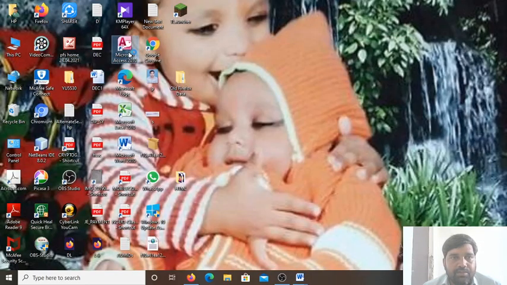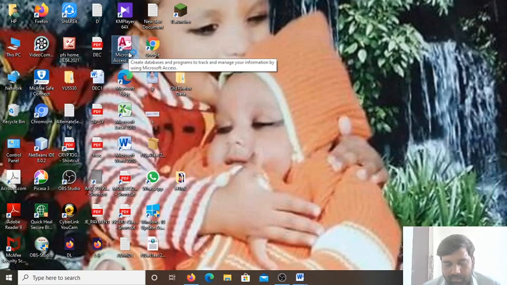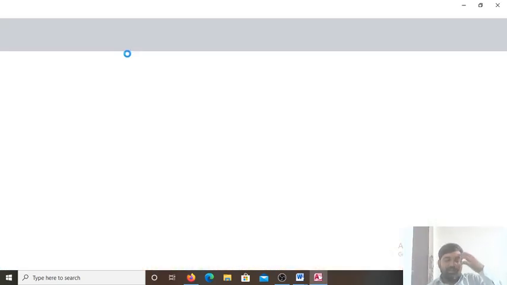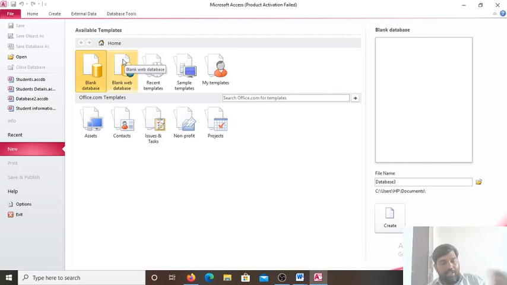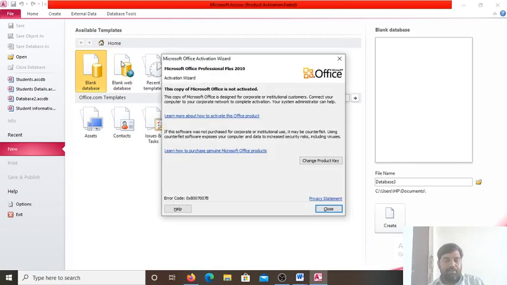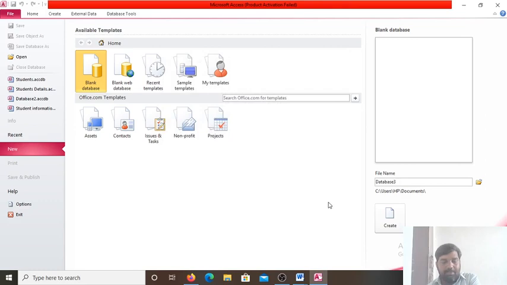So this is Microsoft Access 2010. So what is Microsoft Access? Microsoft Access is a popular RDBMS which serves as an integral part of Microsoft Office. It is used to organize and manipulate the data. It organizes the data in the form of tables. It gives the facility to create the relationship between more than one table by making one field common, which is called the primary key. So a table contains many keys, in which one column we make the primary.